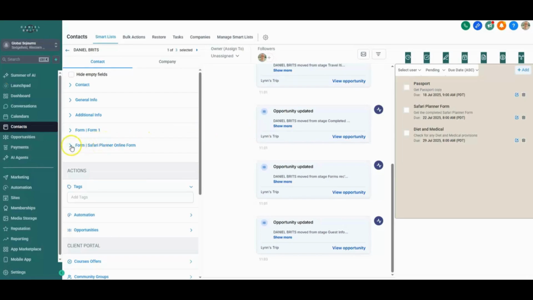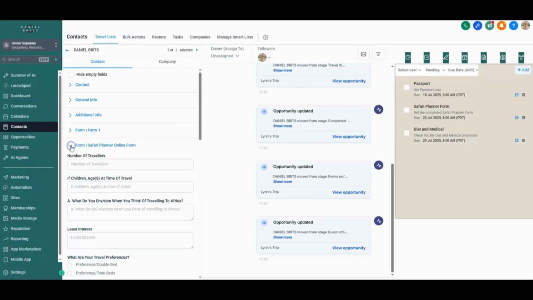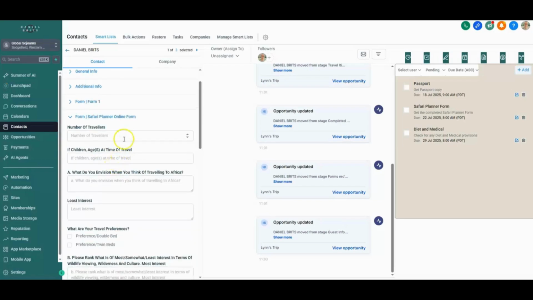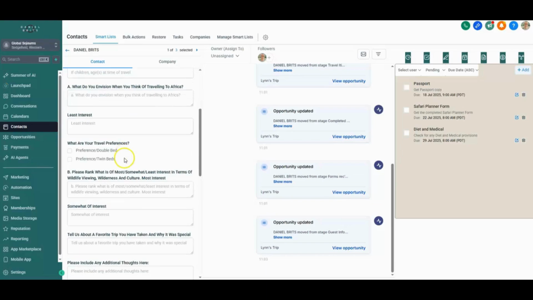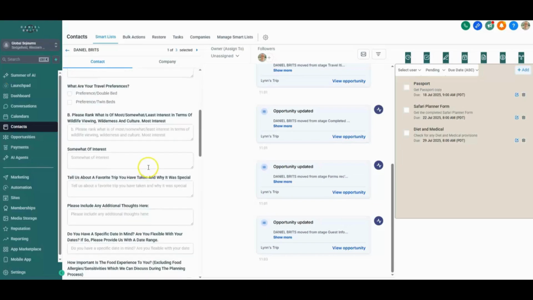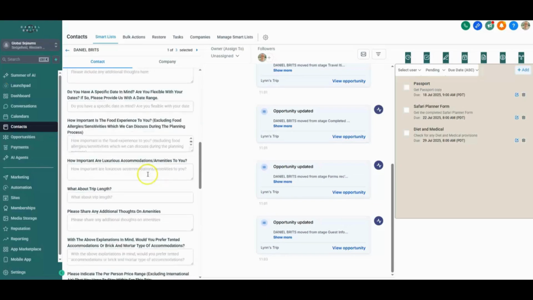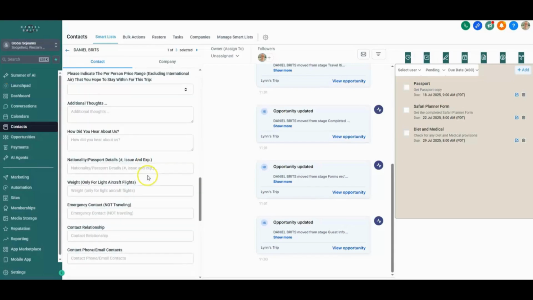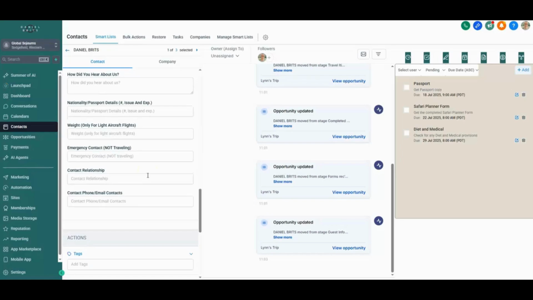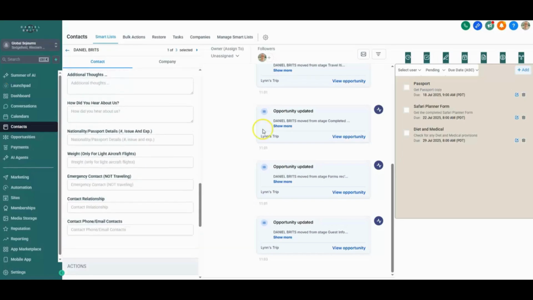Simply because right here, if a contact fills in that form, all of your information will be right here. You'll be able to understand how many travelers there are. Come into this contact and have a look at all of this information right here. Really simple, nice and easy, all in one place. Okay. Then let's have a look at the contact